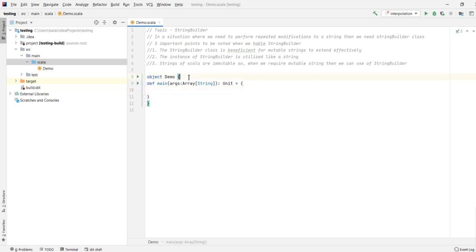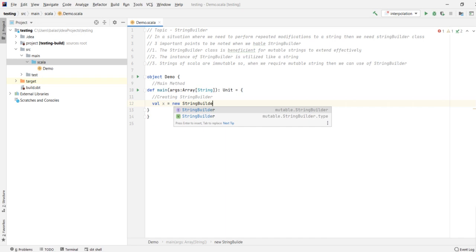Okay, so this is the main method, and now let's try creating a string builder. Let's take a variable x equal to new string builder of, let's say,